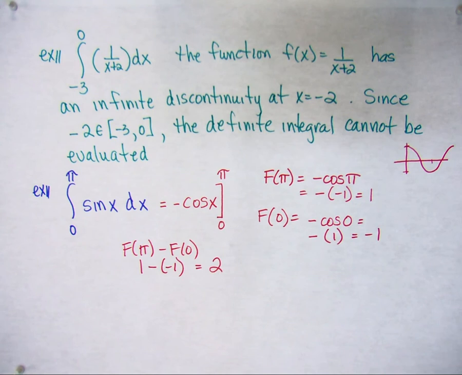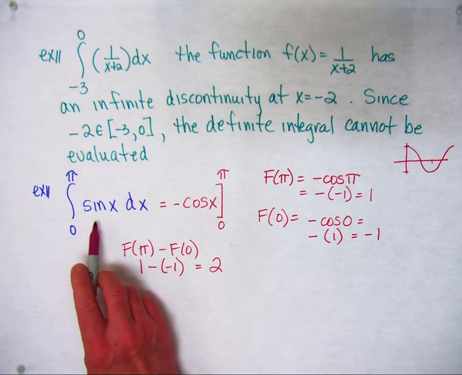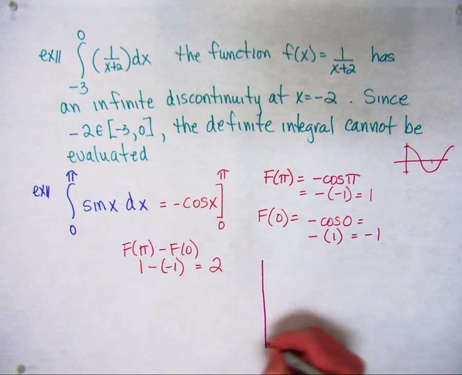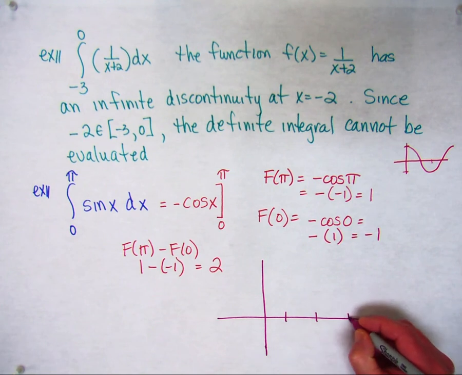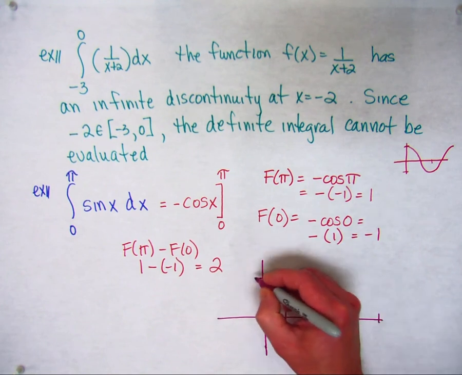Now that brings to a close our study of definite integrals, but sort of as a lead into the next chapter, a good question might be, what have we actually found? Like what does that 2 represent? So let's say we drew a picture of this function. Let's say we drew a picture of sine x. The graph of sine x would look something like this. A sine wave